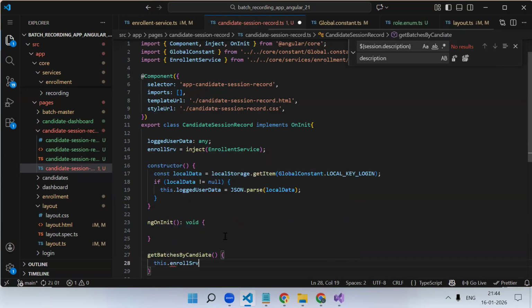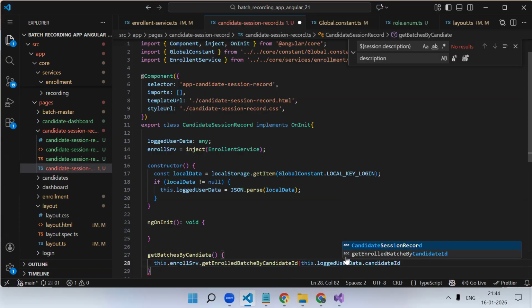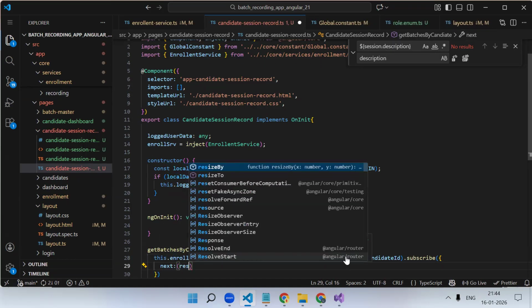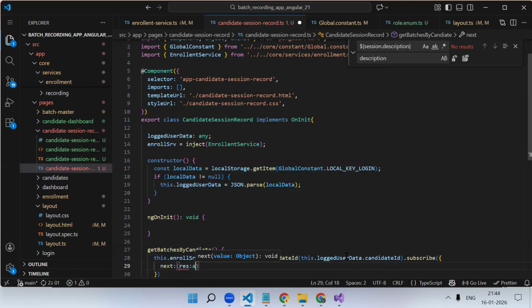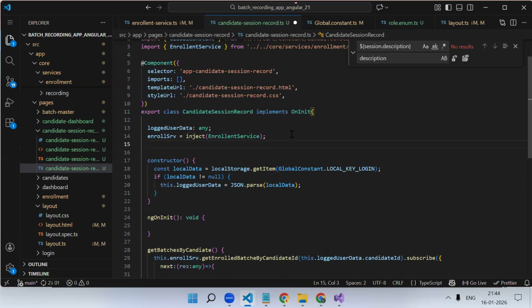This dot enrollment service dot get enrollment batch by candidate ID, and here you need to pass the logged in ID. So this dot candidate ID. Dot subscribe and brackets, curly bracket, next result. Now whatever the result we get, that we need to store it into a variable. So enrollments